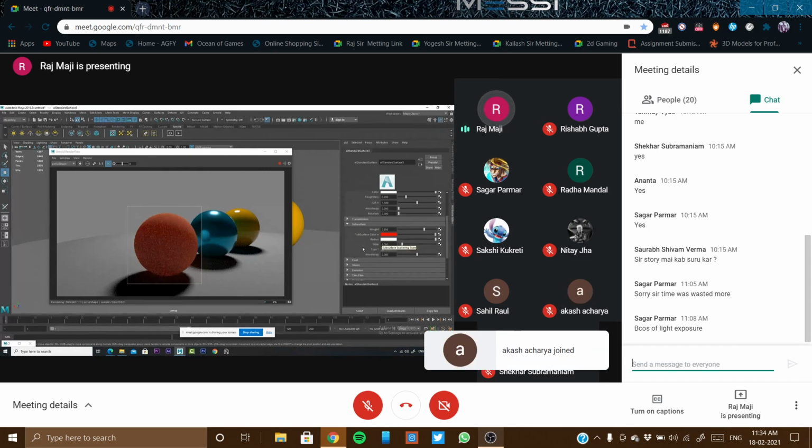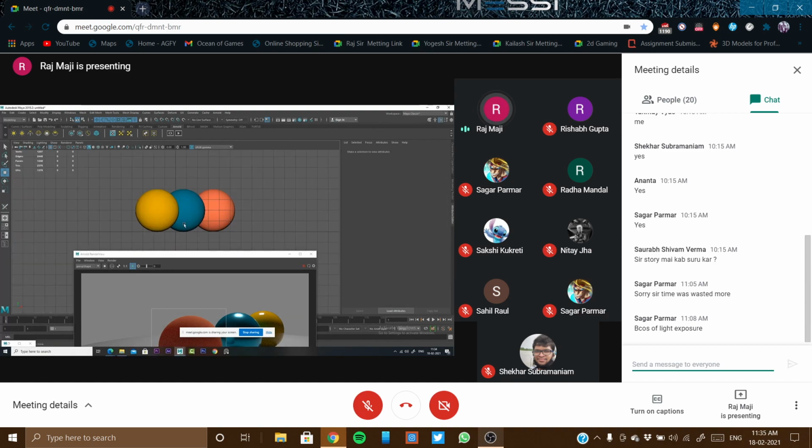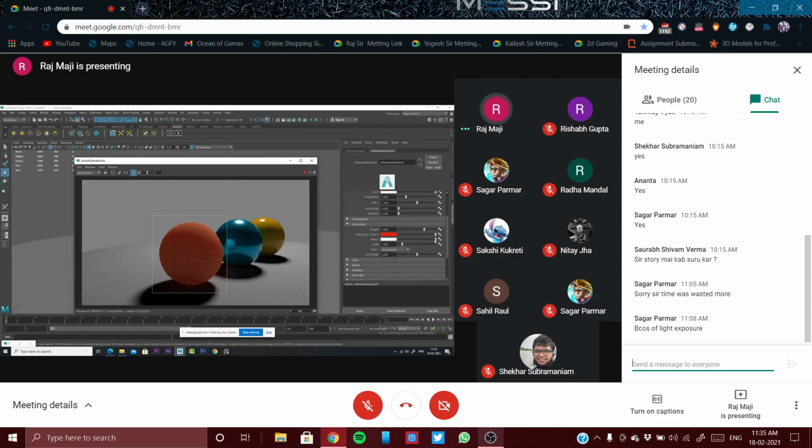And there is something called radius. So according to the size of the object, the radius will depend. So in this, if you go to the front view, you can see one sphere size is 1, 2, 3, 4 grid, means 4 units. Okay, 4 units we are getting. So radius, I'll just decrease a little bit. And can you see it is getting concentrated only on the edge, and we just want that only at the edge it is getting concentrated.